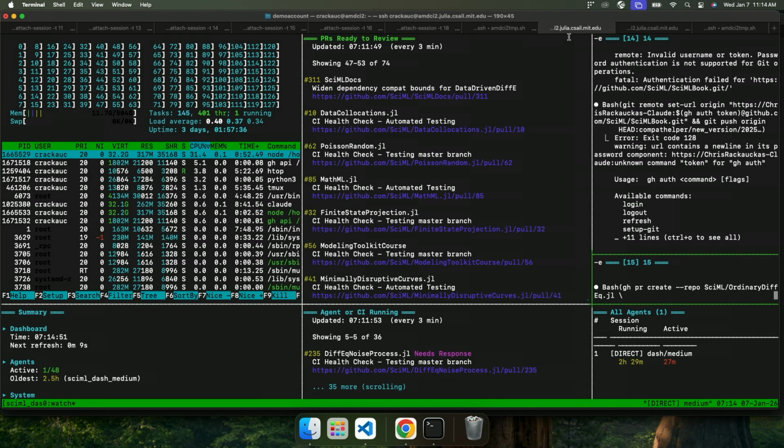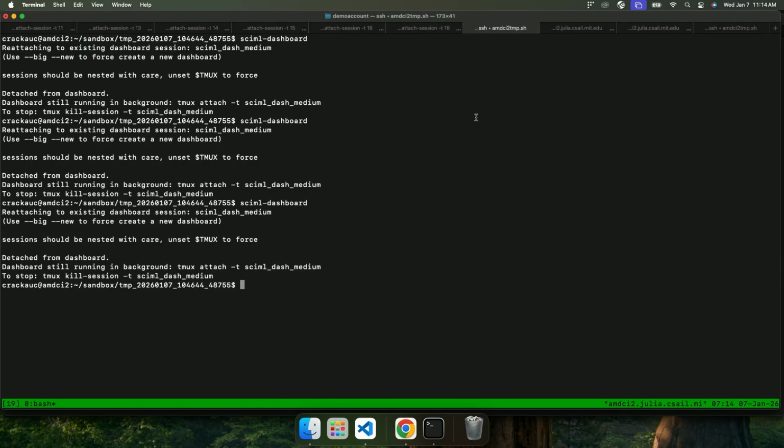It's not sending me the auth anymore. Oh, good. I already have another sandbox. So I do GH auth